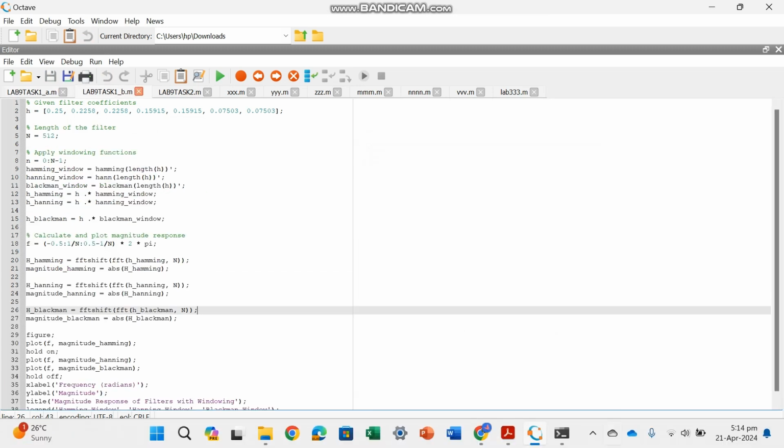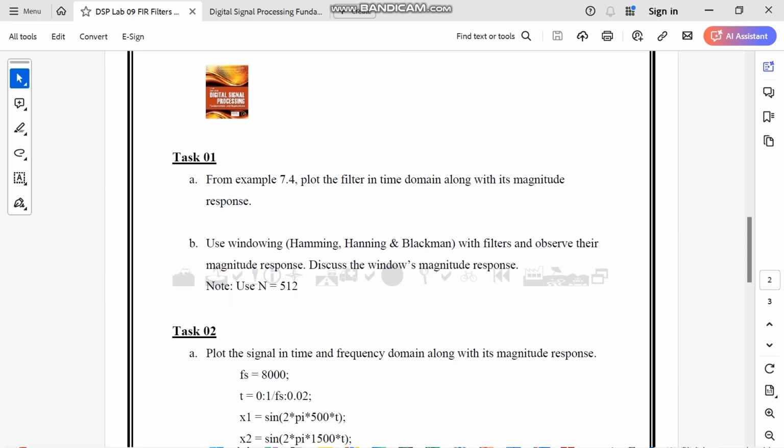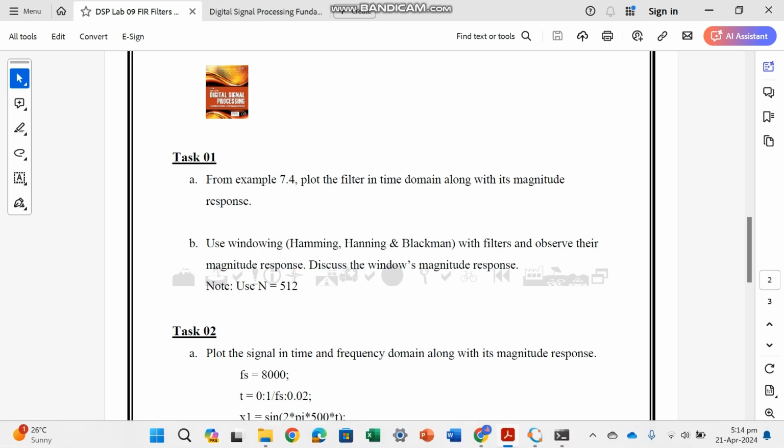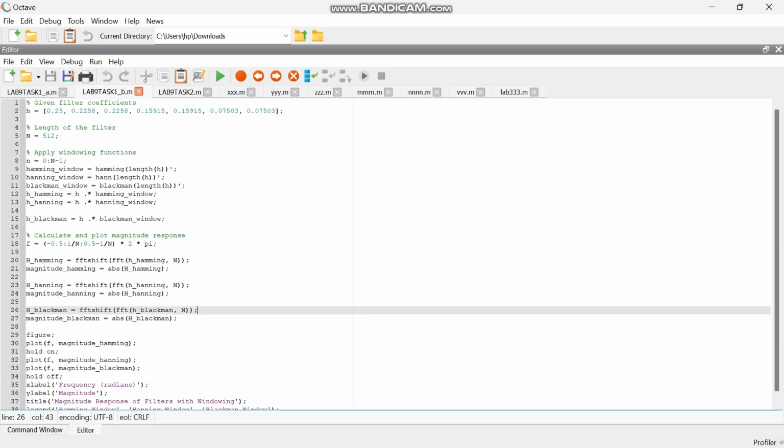Moving on to the next task, we have to use the windowing, Hamming, Hanning, and Blackman with filters and observe their magnitude response. We have to discuss the window's magnitude response as well, and we have to use n as 512. To see the code, the code initializes a filter with the coefficients h, and it defines the length of the filter n